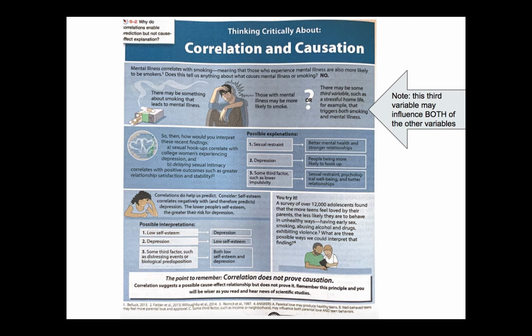When we do a correlational study, we may find that a relationship exists between two variables, but we don't know necessarily in which direction that relationship goes. For example, does social media use cause depression, low self-esteem, anxiety? There are lots of misleading headlines out there saying that it does, but the reality is we really don't know.